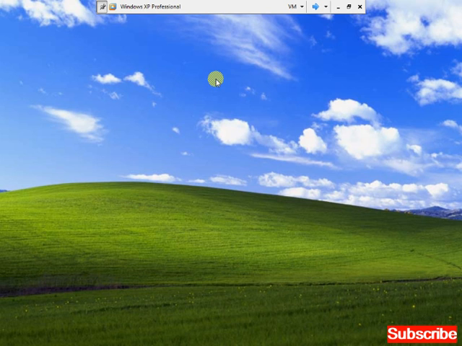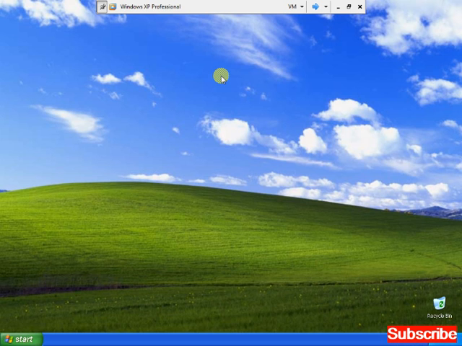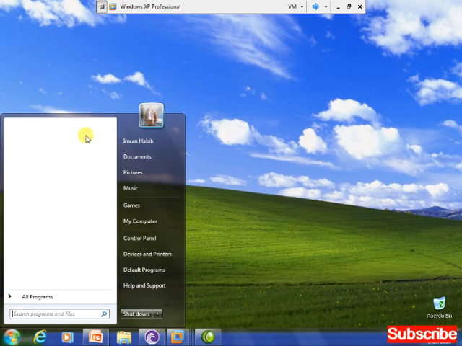For the first time it's going to take a long time because it's converting to the domain, and after that, if you create any users, they are going to be logged in within a few seconds. Now for example, if you want to check it,